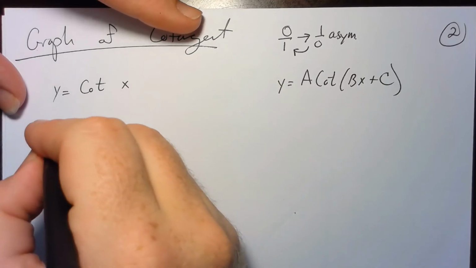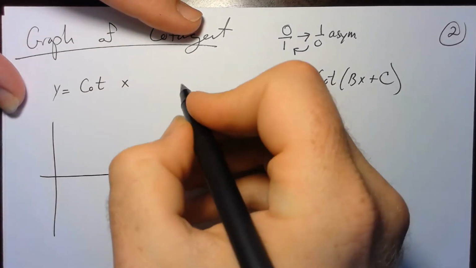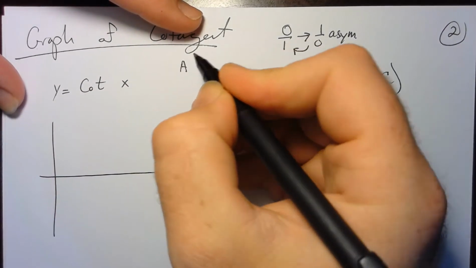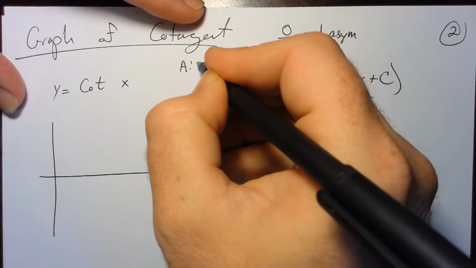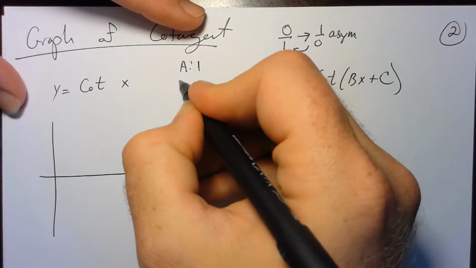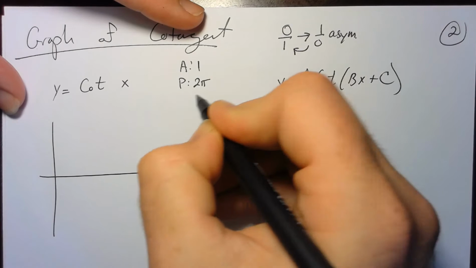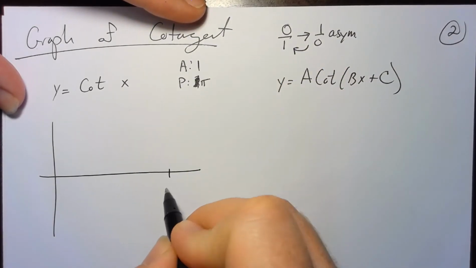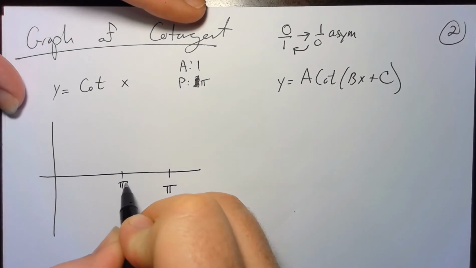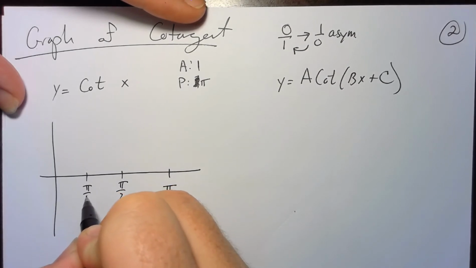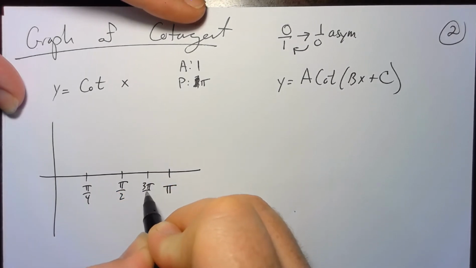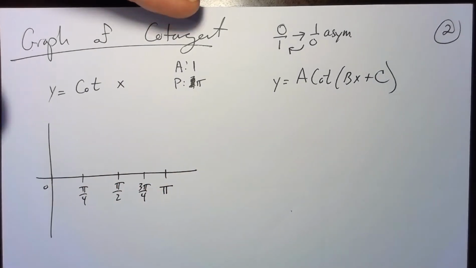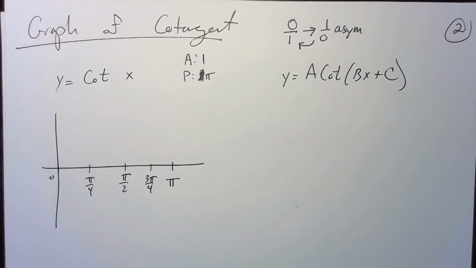If that's the case, I know that tangent's initial amplitude is, again, not really an amplitude, but the anchor point of a height of 1. My period is going to be 2 pi, and I don't have any phase shifts. Sorry, not 2 pi, pi, so that my end point is pi. I'm going to cut that in half and get pi over 2. I'm going to cut that in half and get pi over 4. Multiply that by 3, get 3 pi over 4. And then finally, my 0 location. Now, originally, the tangent function